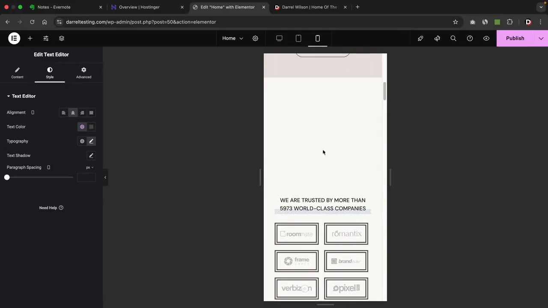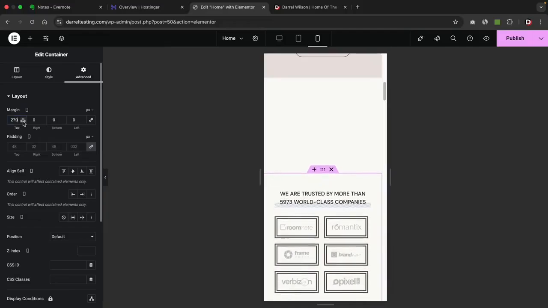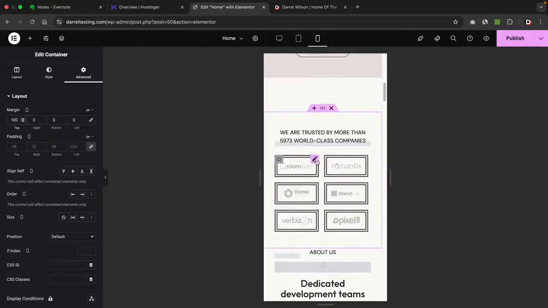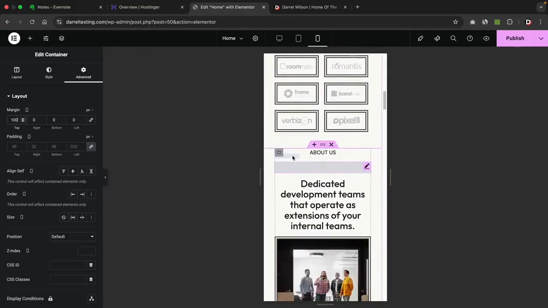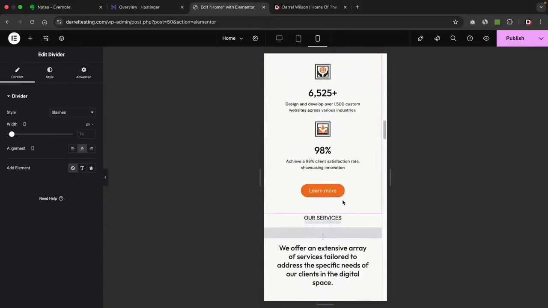Now here we have a lot of space, right? And that's because we use margin, right? But on the mobile preview, it doesn't look that good. So I'll click on these 6 dots and notice here how this is in mobile portraits and here we have margin. We can go ahead and get rid of the margin, right? We don't need that much margin, maybe like 100, something like that. That's good, right? Is that good? I don't know. Let me know in the comments, right? Here you'll see that this section, these dividers right here should be in the centered, right? So for the alignments, I'll put that in the centered, making it look really cool, right? And we'll keep scrolling. Now, how does this look